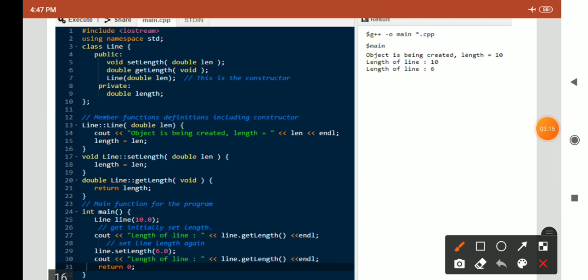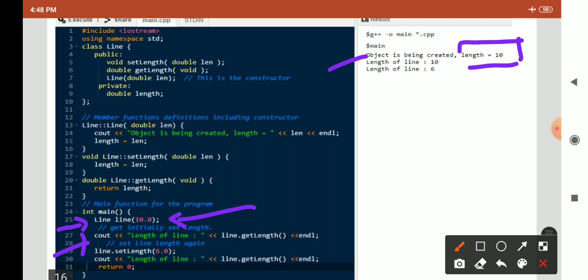When the object is created we are passing the value 10 to the object. So while printing, the message says the object is being created, length is 10, because we are passing this 10 value to the constructor.